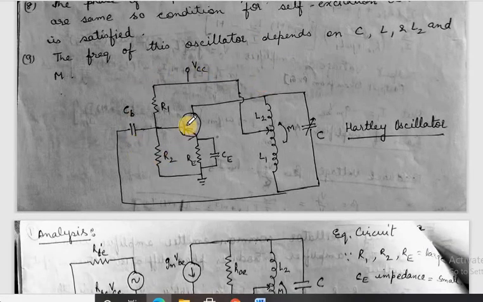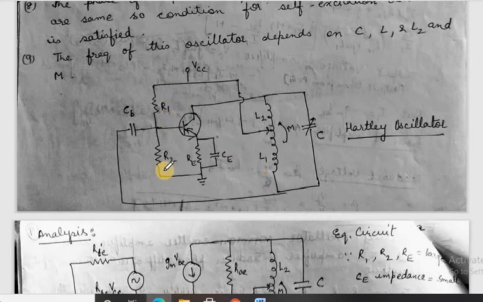So here this is the common emitter amplifier configuration. Here you can see the power supply. Along with the power supply there are two resistors connected, R1 and R2, and with R1 and R2, RE and CE are connected in parallel combination. Also it is seen that there is one more capacitor in the input which is written CB, and here we have a tank circuit where two inductance coils are seen and one variable capacitor is seen. So this is the basic Hartley oscillator.